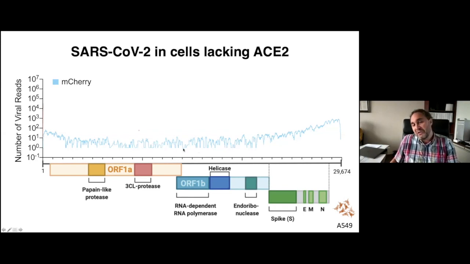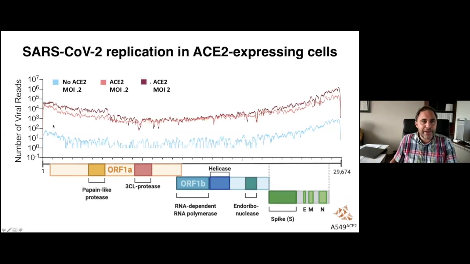It does appear that you can get some entry, and it's unclear whether or not this is just through random endocytosis that occurs, or whether or not there is some low level of ACE2 on a subset of cells. But certainly when you just take A549 and you add ACE2 to these cells, you go by 3 orders of magnitude increase in the amount of virus you have. So this is all poly-A-based RNA sequencing. So this is, you're looking at essentially an mRNA, and you're looking at the number of reads